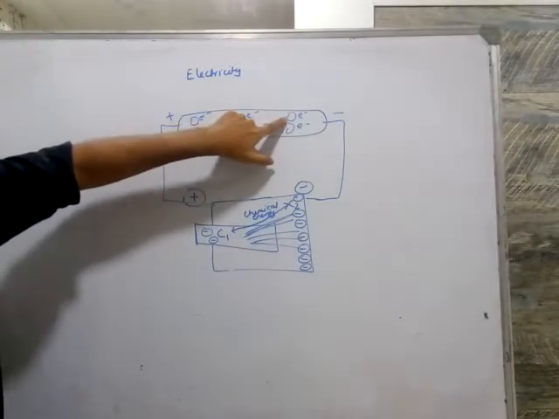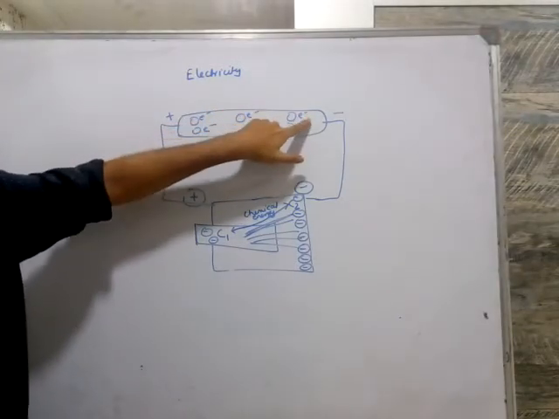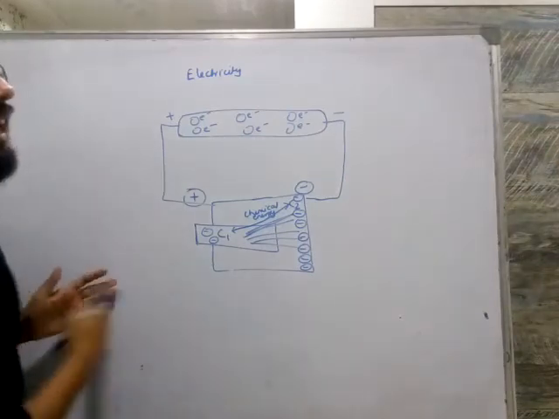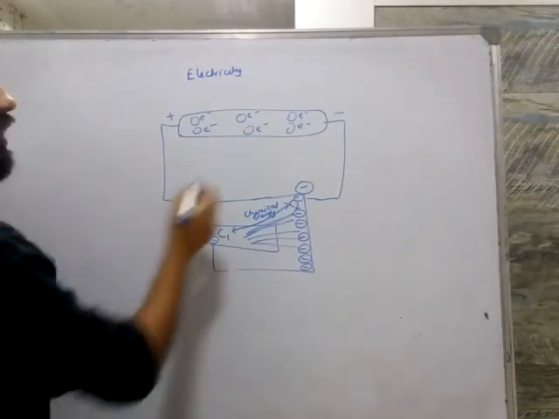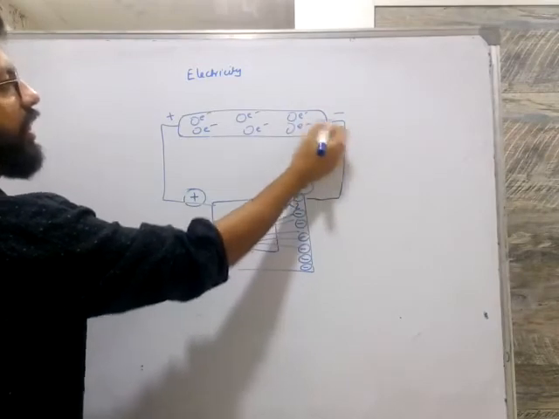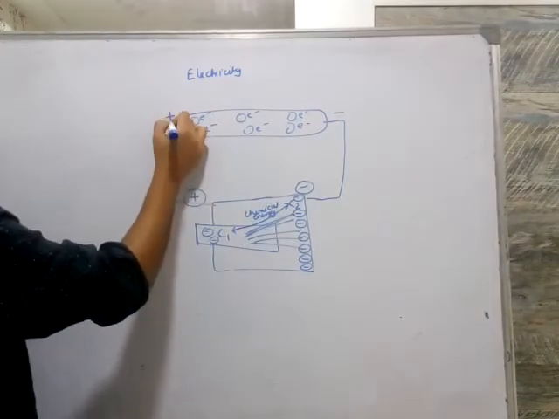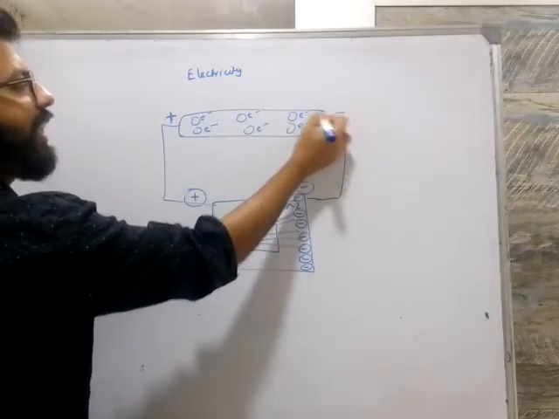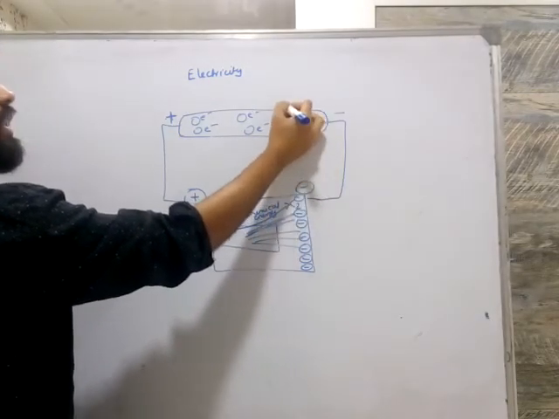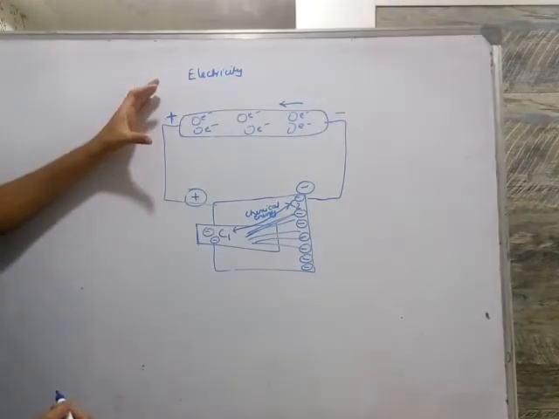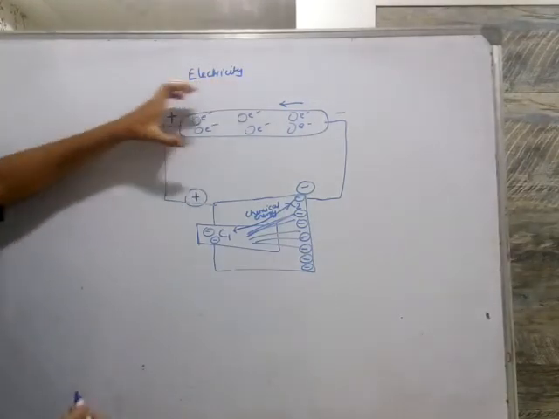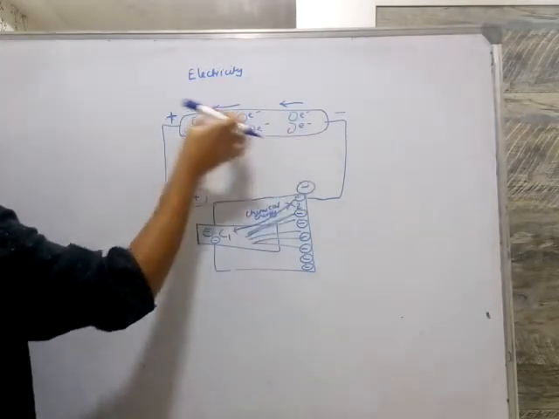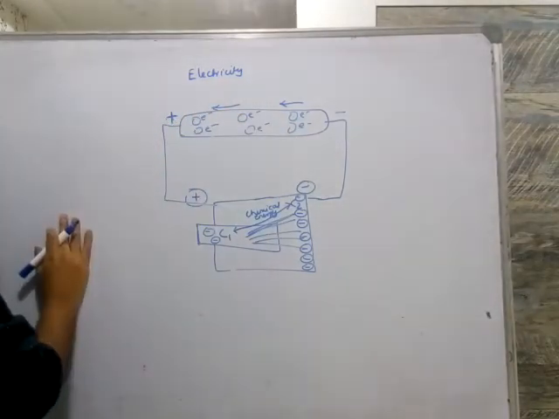See, there are electrons in this wire. The electrons are negative charge and this terminal is also negative, so both like charges will start repelling each other. And the positive side will attract these electrons. So these are repelling, and they will move in this direction. Since this is positive, it is trying to attract the electrons. So the electrons will start moving this side because they are getting attracted toward the positive side.